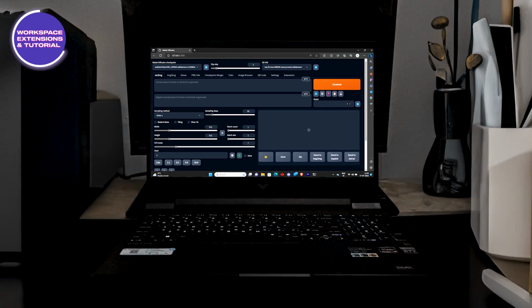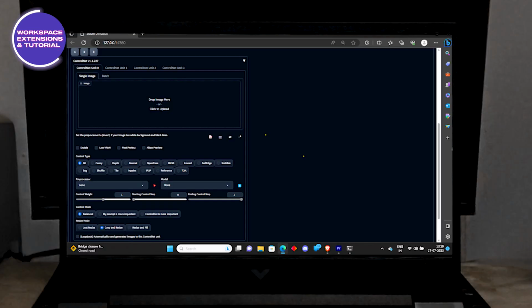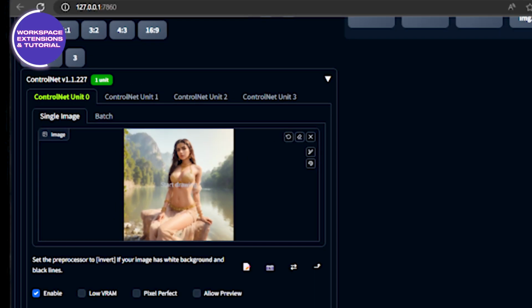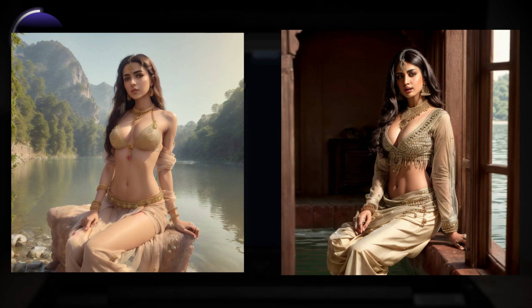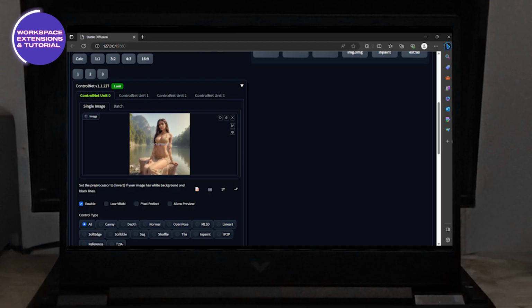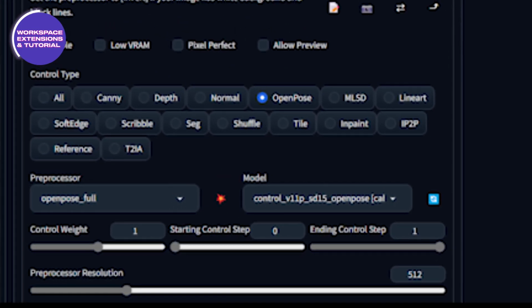Now the other thing that is interesting is that we have ControlNet installed. It's a very useful extension. In that extension we drop down an image. We want Zendaya to be posed in that particular position, so we can add that image to ControlNet and it would create the same pose in the generated image. After adding the image to ControlNet, we just have to select the Open Pose model.